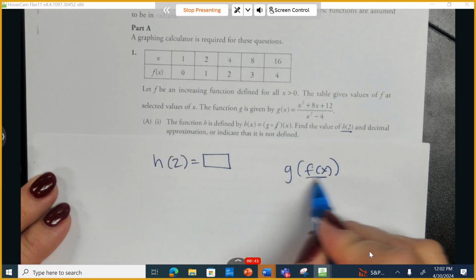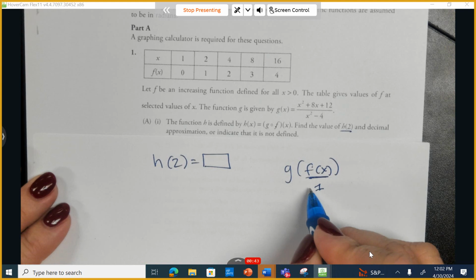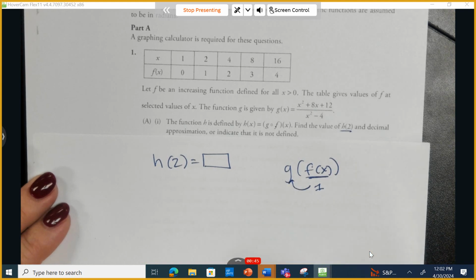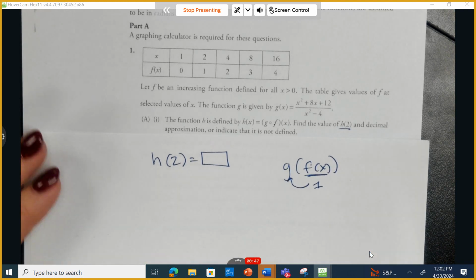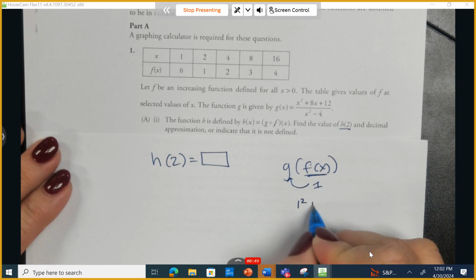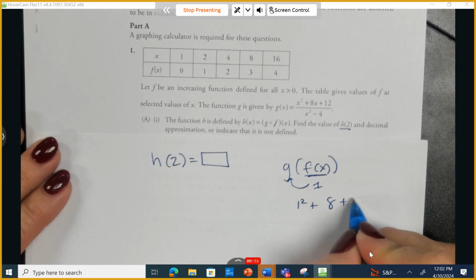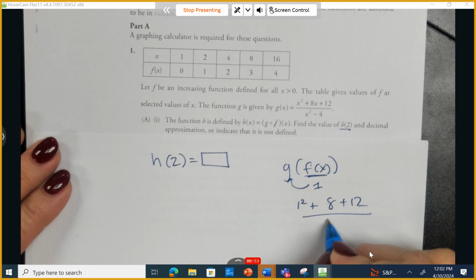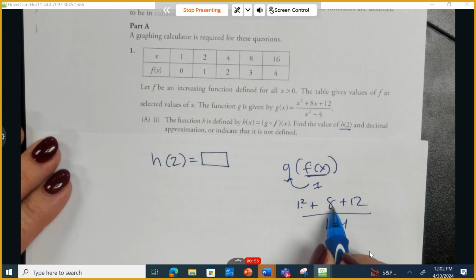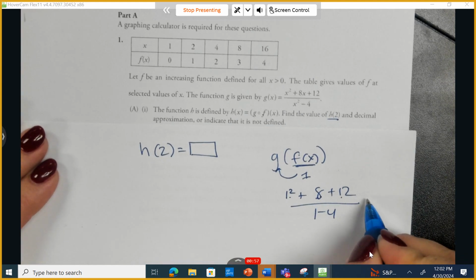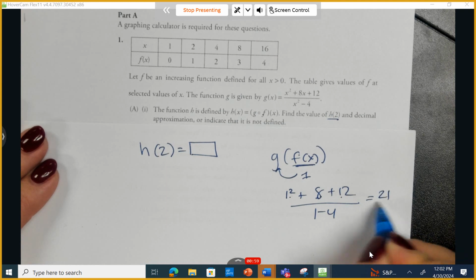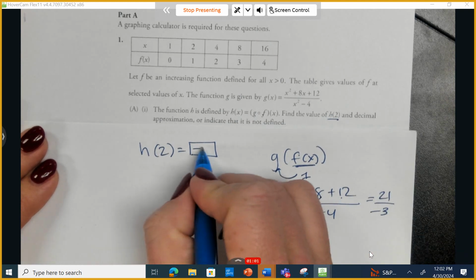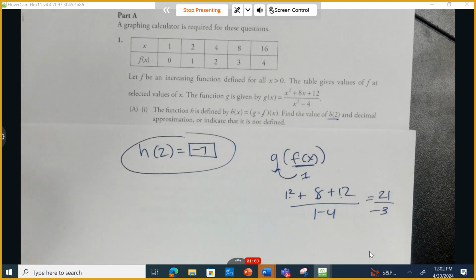Now I did that for F. My output is 1. Now I'm going to take that output of 1 and I'm going to plug it into G. You absolutely can use a calculator. So here I have 1 squared. 8 times 1 is 8 plus 12, all over 1 squared is 1, 1 minus 4. So 1 plus 8 is 9. 9 plus 12 is 21. 21 over negative 3 is negative 7. This is the correct form for